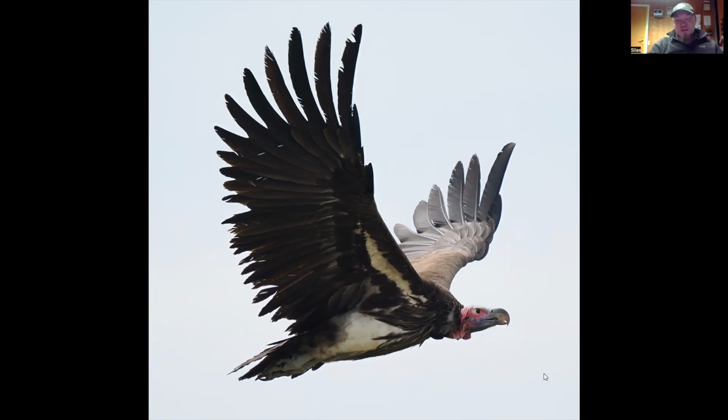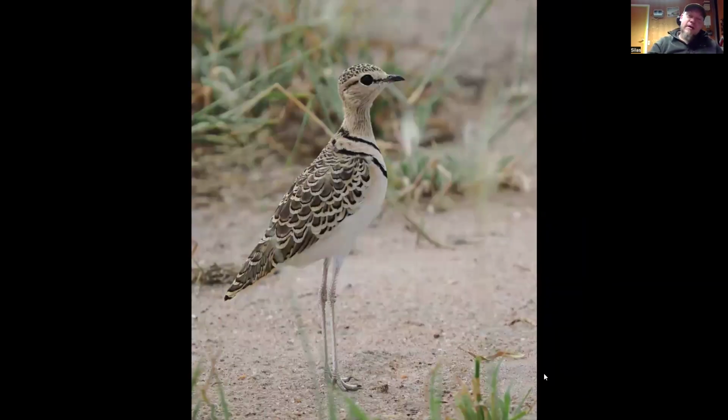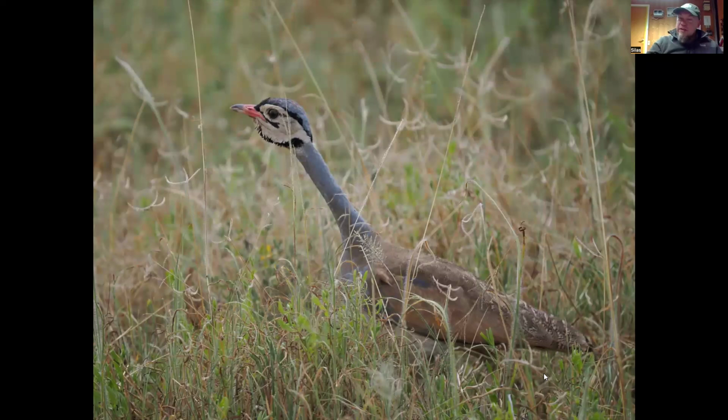Yeah, so that was one of the really good birds there. A lot of the area is quite dry steppe, and here you have a double-banded courser, and we saw quite a lot of these birds as well. Obviously, they're thriving in the area, and there is an area called the Little Serengeti in Tarangire, because it might be a little bit similar to Serengeti, but it's a famous place for bustards,